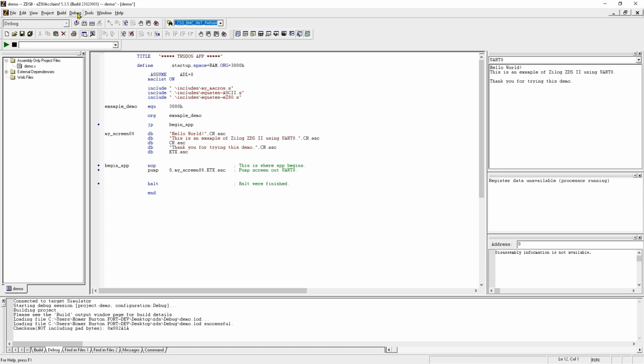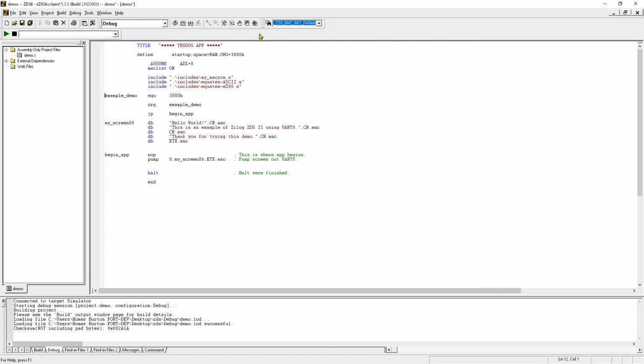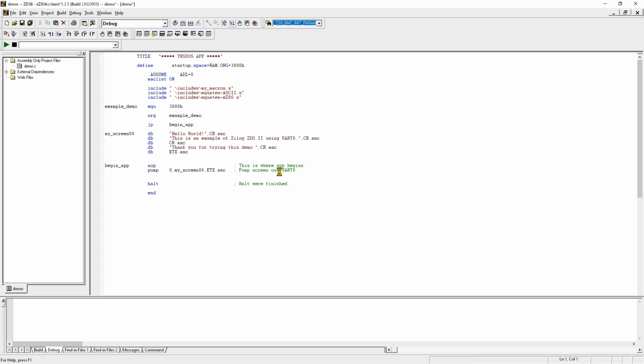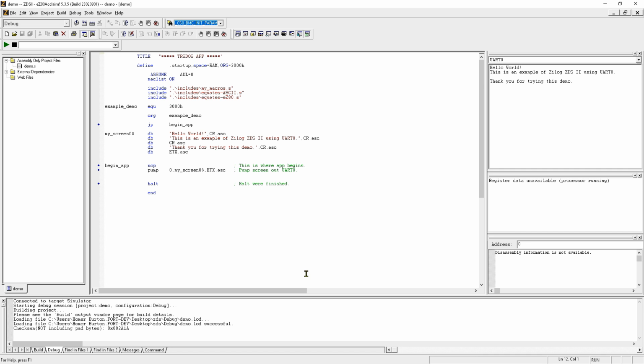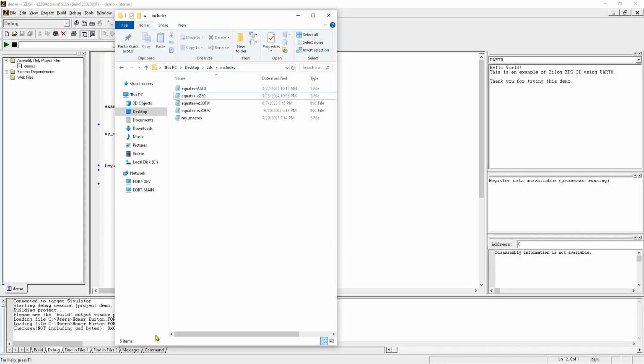Because now we're including them from over here in our include file. We're assembling again, and what do you know? Assembles with no errors and runs. But I'm going to show you that if there are other registers that we use, the addresses are not going